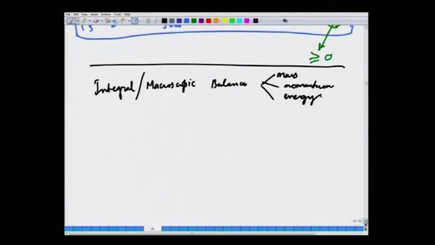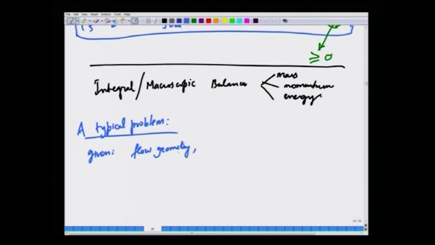Okay. So, the question is how do we solve problems? Okay. A typical problem in real application might involve the following. This is a rough statement of the problem. I am not telling you a concrete statement. Suppose you may be given a flow geometry and you may be given a flow rate that is happening through the geometry,